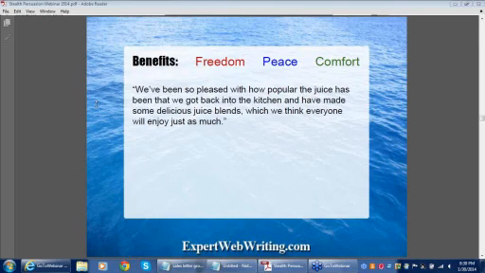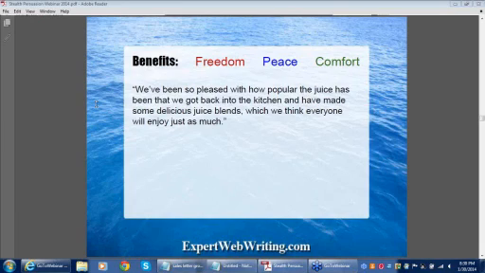I like it because it sounds personal, because it sounds like somebody's going into the kitchen and actually with their hands making this juice blend. And, you know, in today's automated industrial kind of world, it sounds really neat. So I was really actually kind of proud with what they'd done. And they were talking about themselves and how they care about the juice and, you know, all this stuff. But I thought it was missing something.